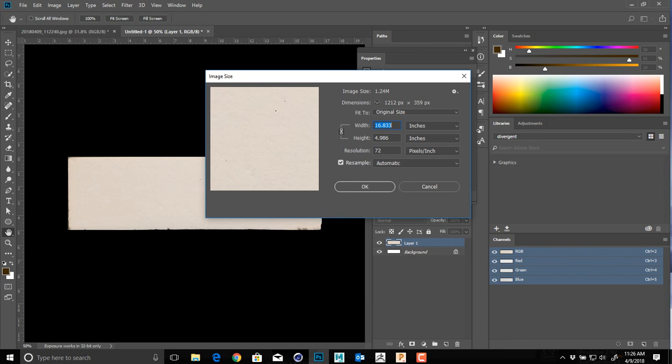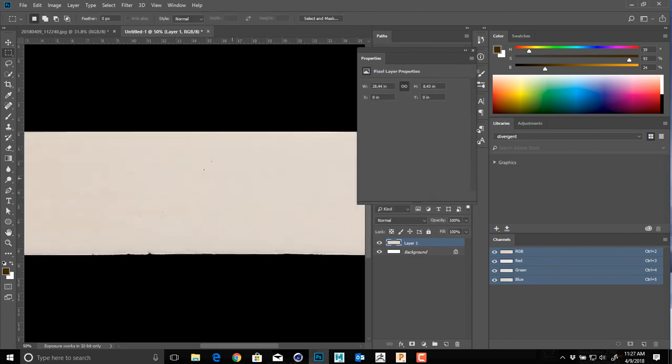So right now this is 1212 pixels by 359 pixels. So if I'm making an animation for that bottom piece, that's my comp size. Okay, it's not 960 by 540, it's not 1280 by 720, it would be 1212 by 359, or some increment of that. Meaning that let's pretend that I took it on a really crappy camera and it came up at like 200 pixels and that's too grainy and I want to really project it good. I would change this to pixels and I would resize this to, let's say, 2048. You can leave it at 1212, that's fine, but you want your canvas big enough that